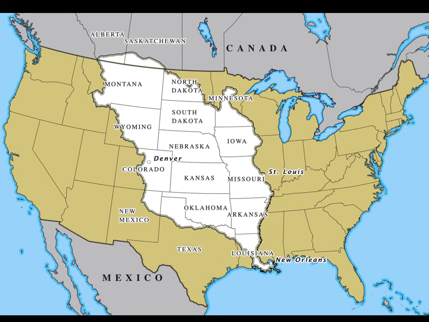And the Louisiana Purchase is important because it will be brought up throughout the rest of our class about what should happen with this Western territory. Should we allow slavery in this Western territory? Should we outlaw slavery in this Western territory? So as settlers start going out west and new states start popping up in the West, there'll be a big debate over should these states become slave states or free states. And this will be some of the steps that we'll look at leading up to the Civil War.